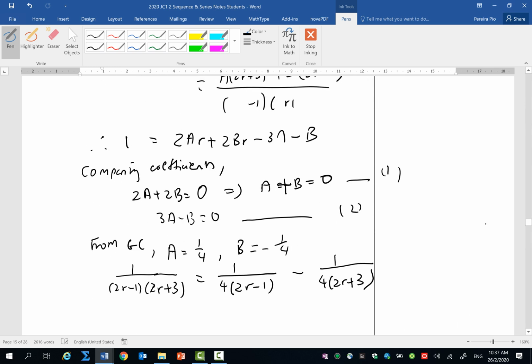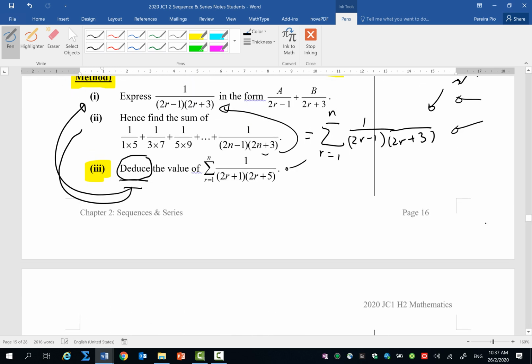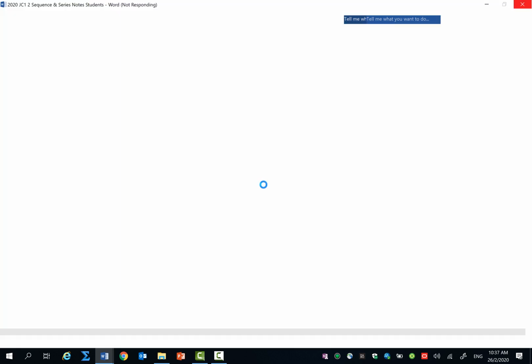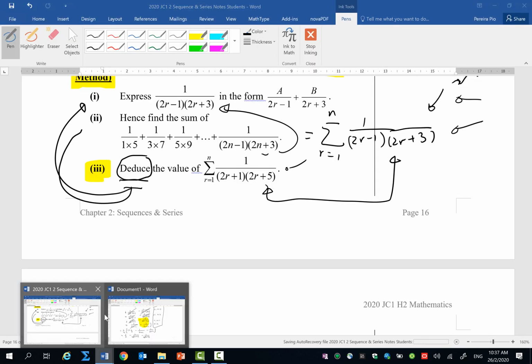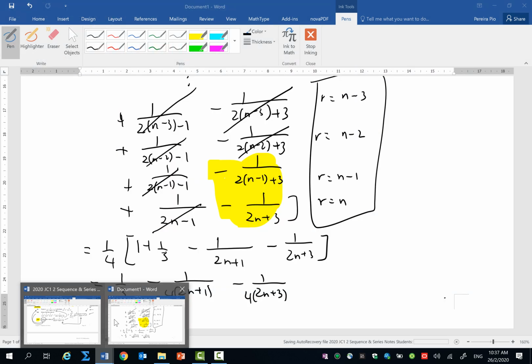Okay, which is I think here. I'll talk about it in general first before we begin the method of substitution. Okay, what do you notice between these two things? What do you realize? Yeah, you realize that basically the denominator, if you replace your r with r minus 1 actually. Okay, is it r minus 1? I think